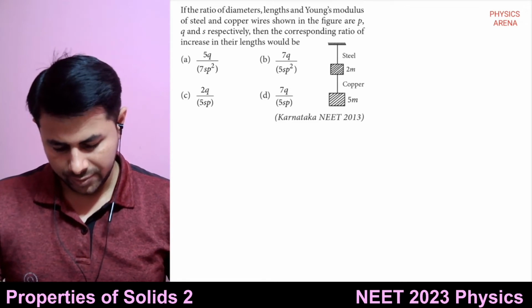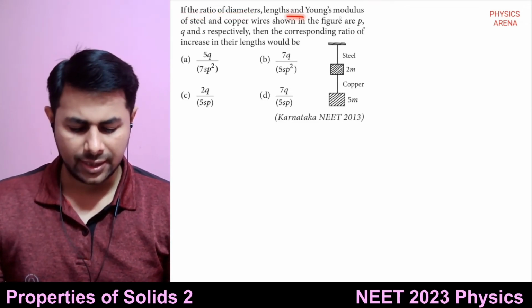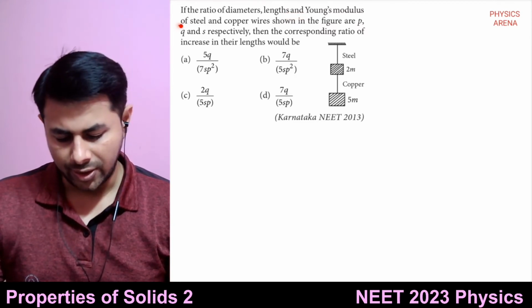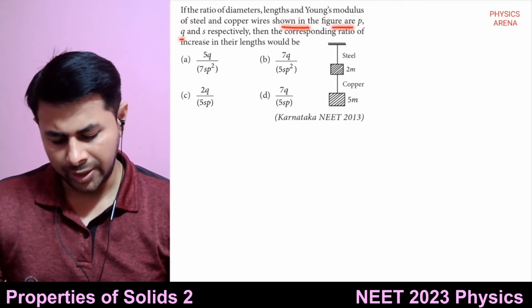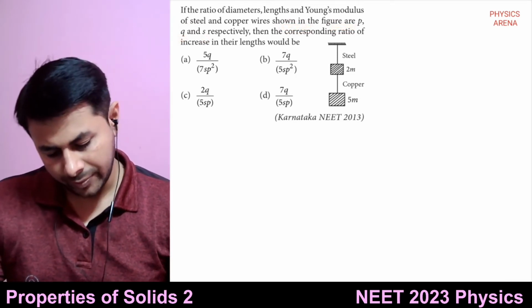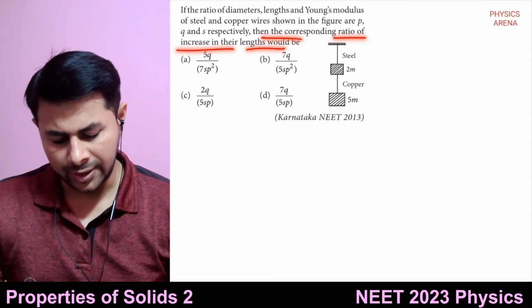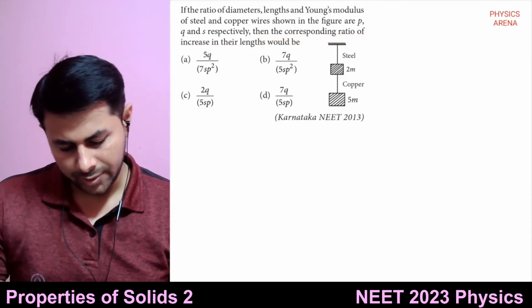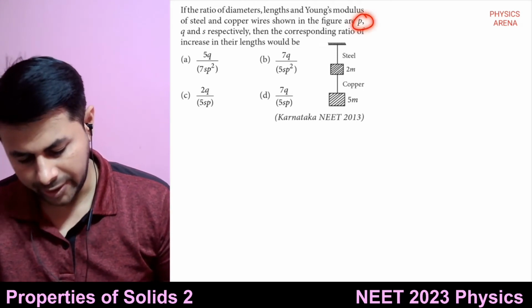Next one. If the ratio of diameters, lengths, and Young's modulus of steel and copper wires shown in the figure are P, Q, and S respectively, then the corresponding ratio of increase in their lengths would be. Okay, so the ratio of lengths is